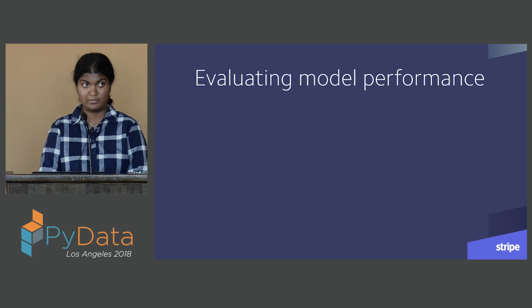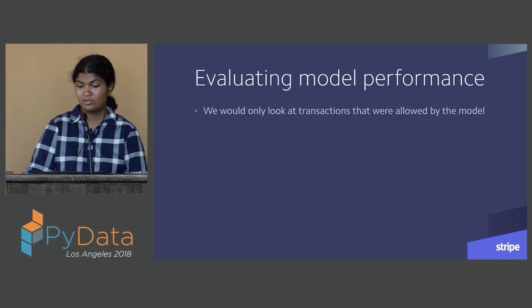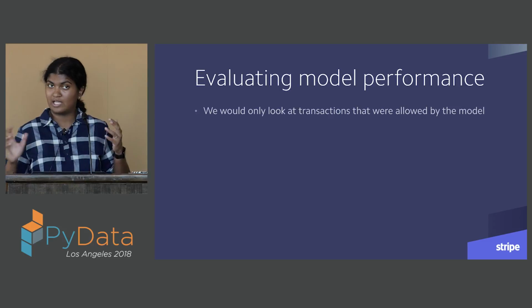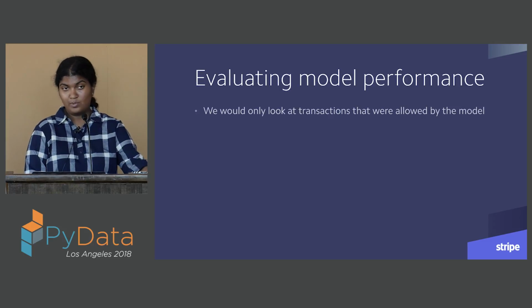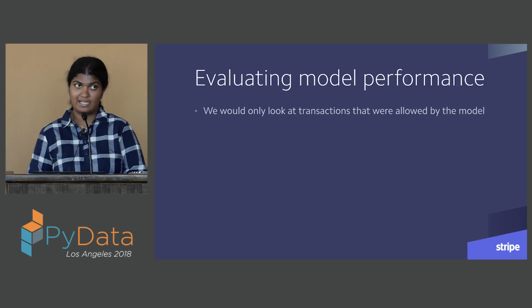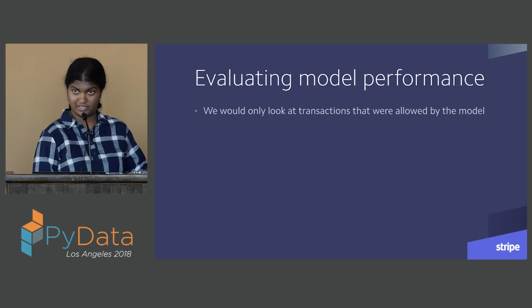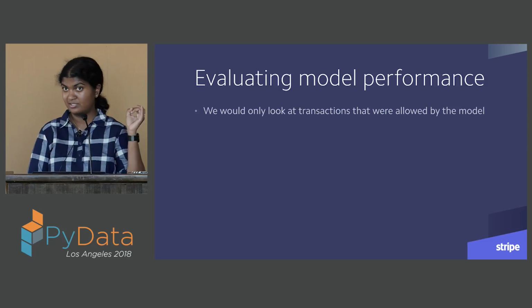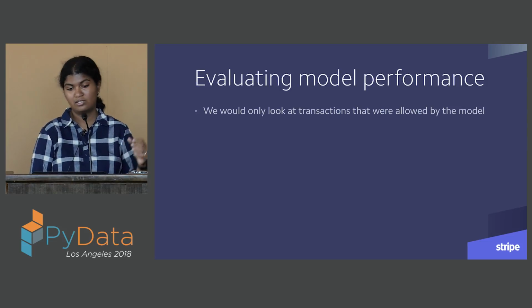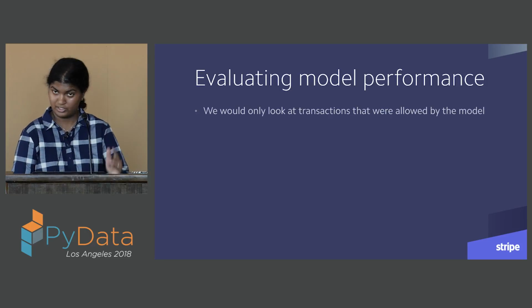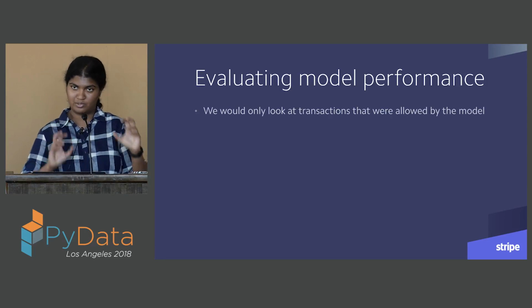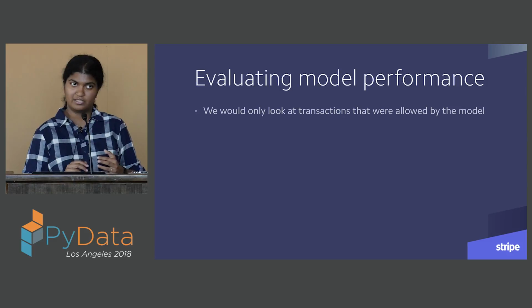So how do we evaluate model performance using these? We would only look at transactions that were allowed by the model, because those are the only transactions for which we have outcomes. But now, in addition to all the transactions that the model was previously letting through, which are legitimate transactions and the really hard fraud it couldn't catch, we're also letting through some of the more normal fraud that the model is correctly detecting as fraud, but we are consciously reversing the decision to block them.